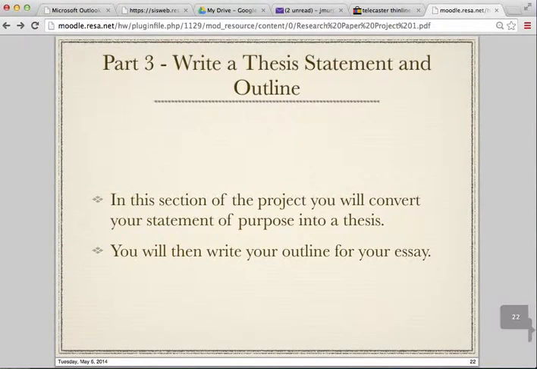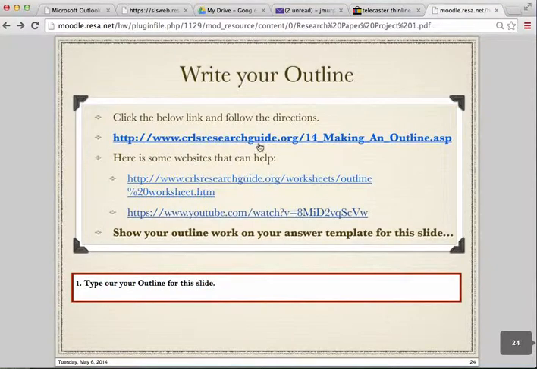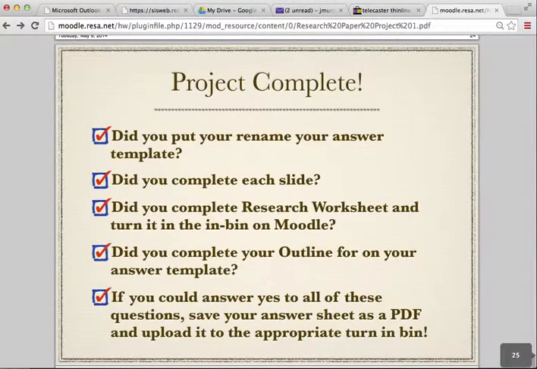Now you're going to write a thesis statement and do your outline. You're writing a thesis statement. So look at this link. Now you're going to have to answer 1 and 2 and then write your outline. Here I've got 2 web pages that are going to help you write your own outline. Now you're going to type your outline just like it is on these sources. You're going to type out an entire outline for your paper on your answer template for this slide. And then finally, once you type your outline, your project is complete. Turn it in to Moodle